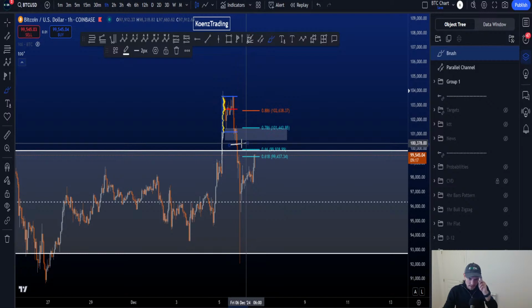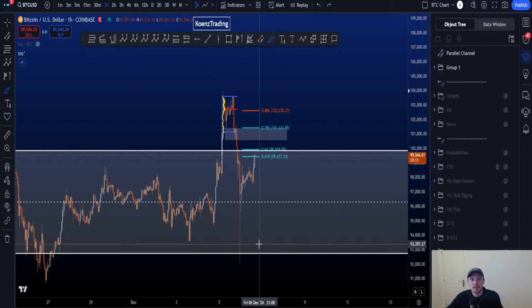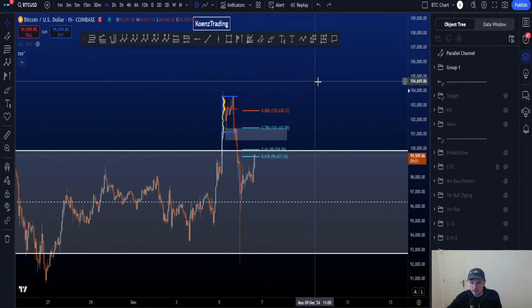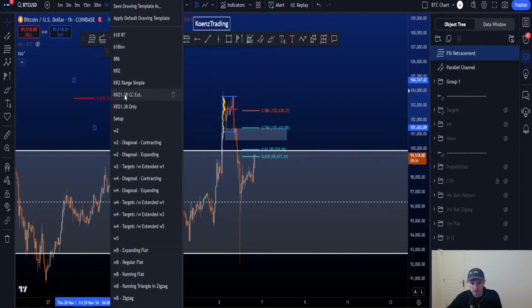So wave 4 invalidated, poof, ta-da. So yeah, very nice. I discovered one more thing after it touched the invalidation. Price wants to go to a cluster fib level as a TP. Yeah, the 1.236 to the 1.382 is a very important target. That is what the KRZ is for here.